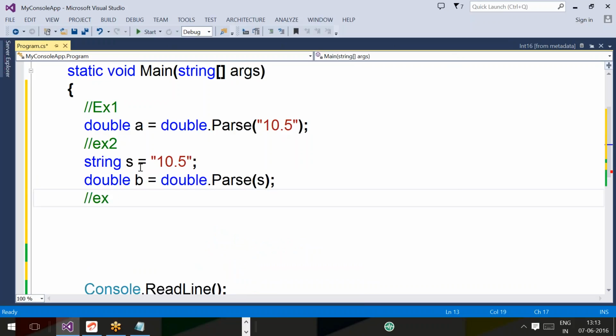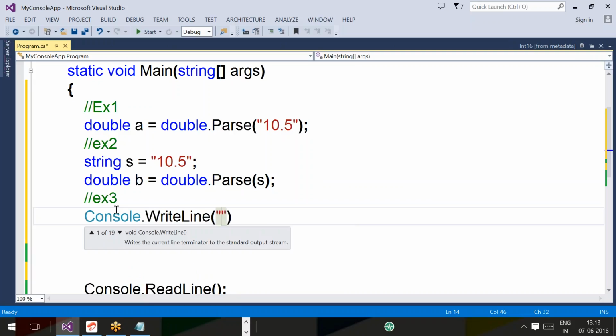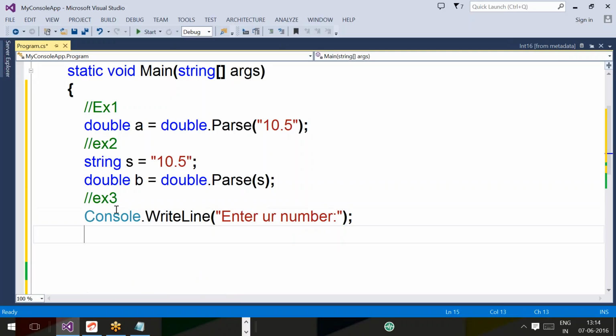Now example 3 means accepting the value from the user. So b equal to console dot, accepting the input from the user, right? Console dot write line, enter your number. First of all, we have to give a message to the user, please enter some number. Now double c equal to